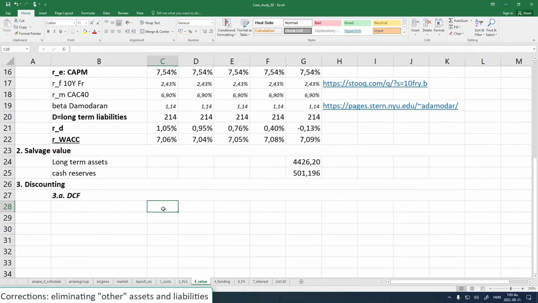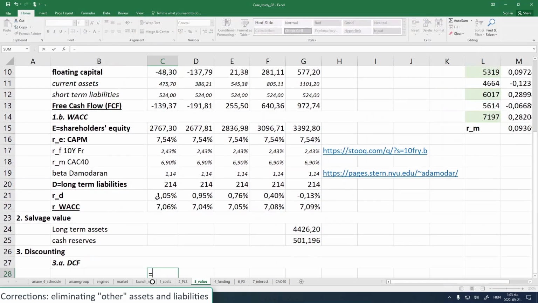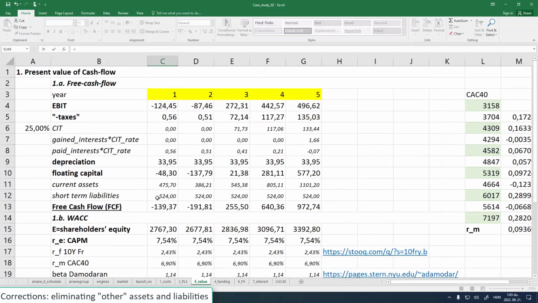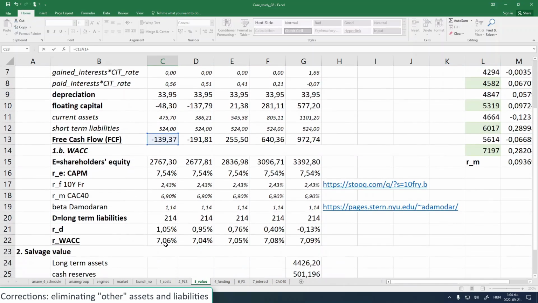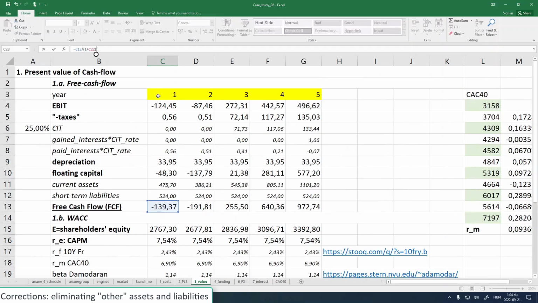For each year we have to pick this number divided by 1 plus the WACC on the power of the time, which is located here in yellow,